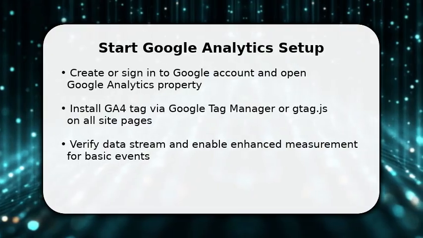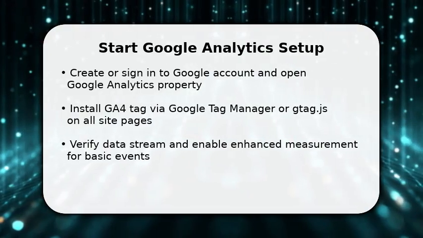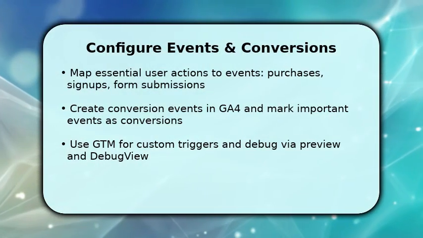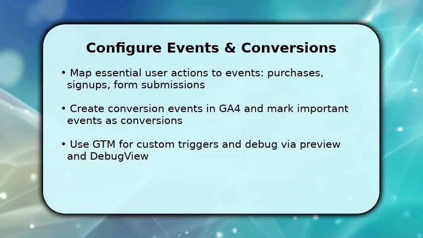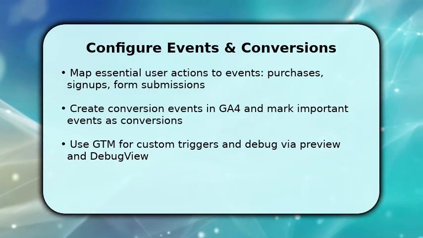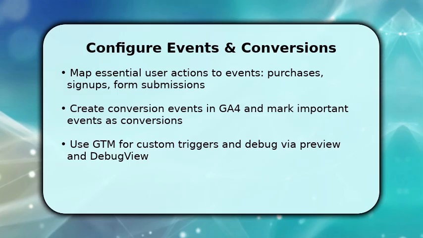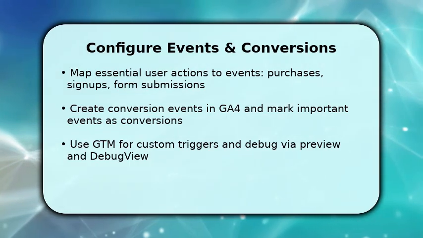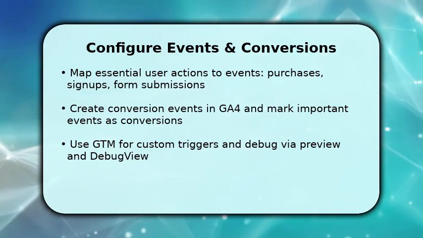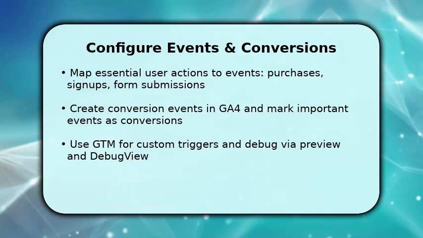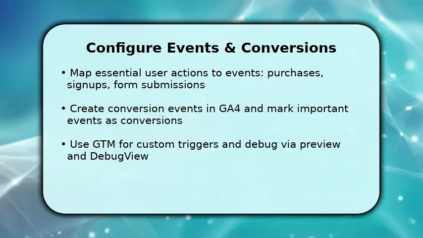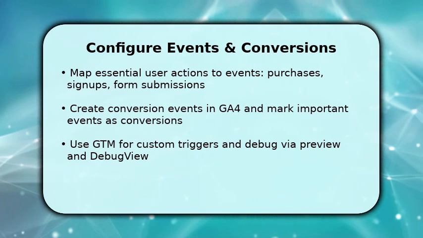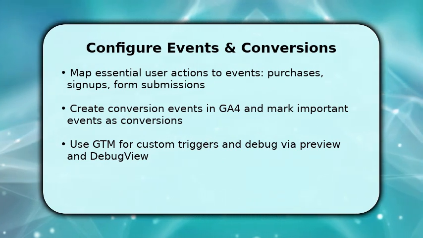Now focus on the middle work, defining the events that matter. Identify key actions: form submit, checkout, outbound link clicks, and implement event tags with clear names and parameters. In GA4, mark the most important events as conversions so they show in reports and funnels. If you use GTM, build custom triggers and send parameters for value reporting. Always test with GTM Preview and GA4 Debug View. This ensures your event parameters and attribution behave as expected before you rely on them for